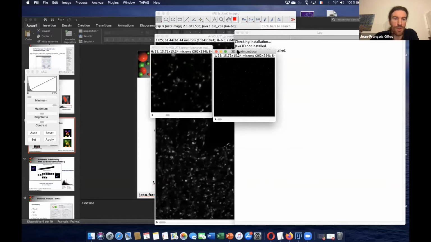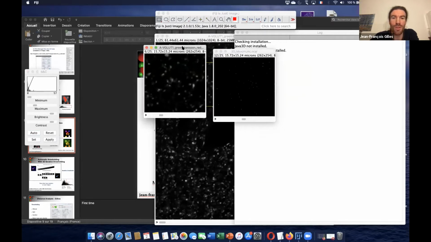And now, I don't know if you can see, there are a lot of points, and each point has the value of the pixel of the initial image.